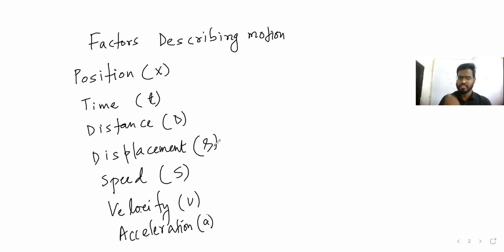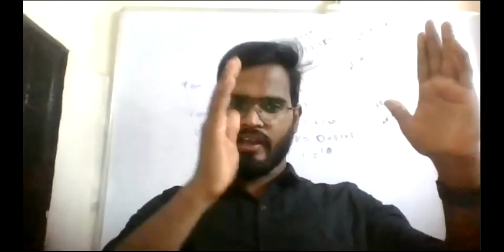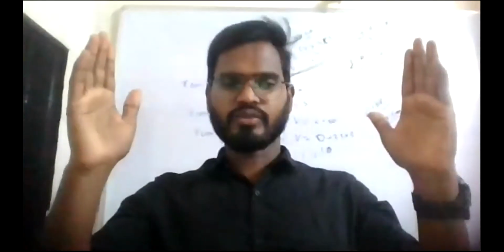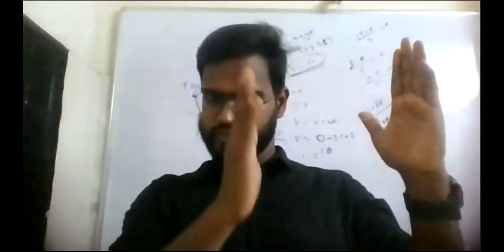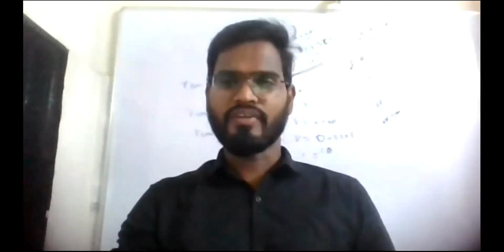First we are going to define what is position. Suppose you are in a number system, where 1 kilometer is the total distance, and somebody is here in between. Let's consider this side positive and this side negative, with the center of the line as 0. If you are here, that is plus 1, and this side is minus 1. Ultimately you are defining from 0, minus 1 or plus 1, so that is what we can say is position.